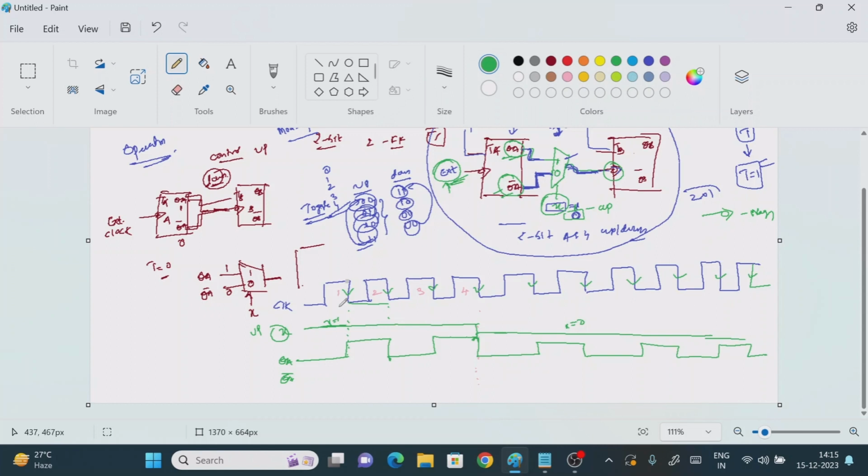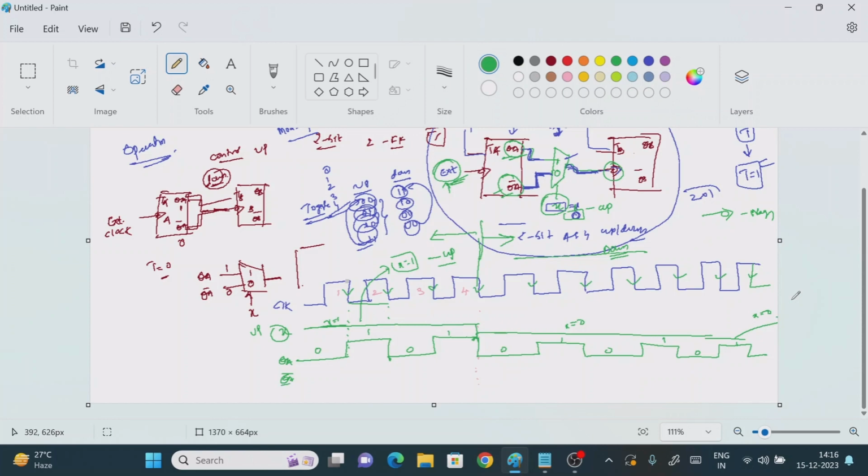Now see that, based on these negative edges, this is the starting point and this is the ending point. If it is 1, then for the next clock pulse it will be 0, then 1, 0, something like this. So what is the value of this one? 0, 1, 0, 1, 0, 1, 0, 1, something like this. It means this portion I am going to consider, up to this location, for the up counting operation, and the remaining I am going to consider for the down counting operation. Why down counting? If you observe here, X equal to 0, right?